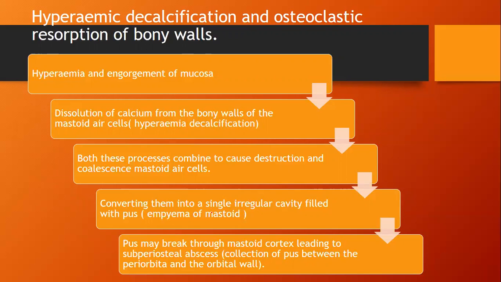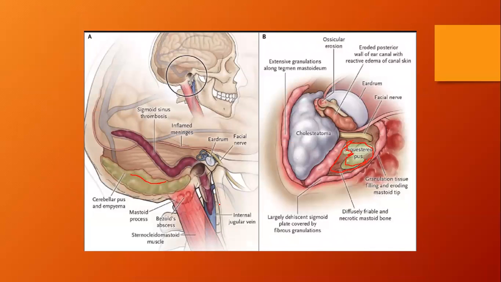Empyema of mastoid. The mastoid is normally filled with air, air cells. Because of complete destruction, those air cells are replaced and the space fills completely with pus. That is a single irregular cavity, and pus will be collected within this mastoid. So that can be called an empyema of mastoid. Okay,